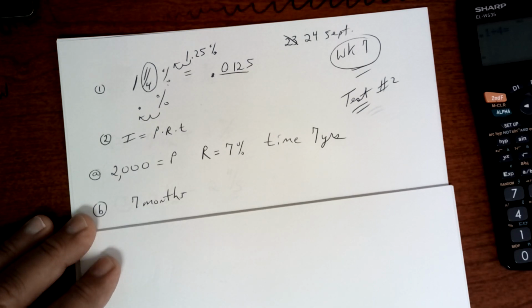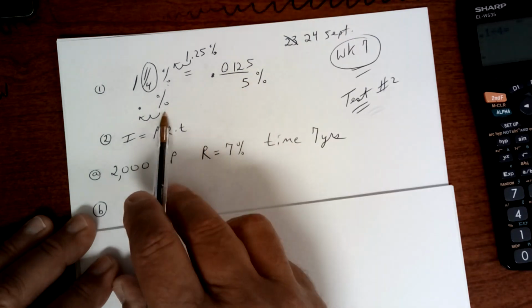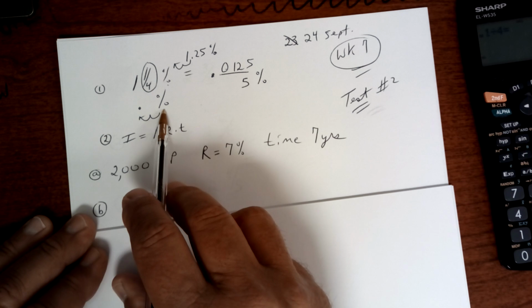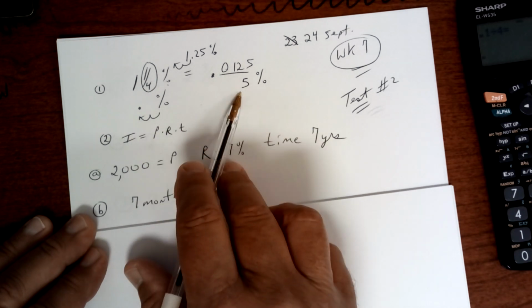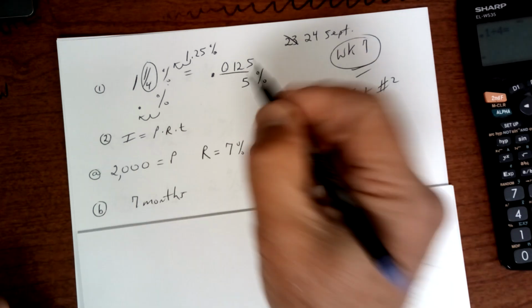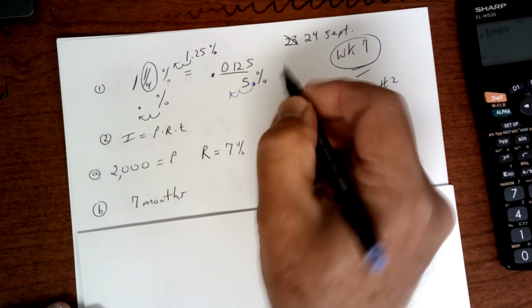Let's say you have 5%. Okay, so it's a percent, and you have to move it 2 places to the left. And a lot of students say there's no decimal. And the truth of the matter is, yes, there is. If you don't see it, it's right here. So it's going to be 0.05